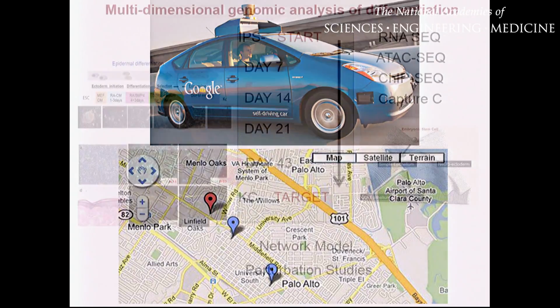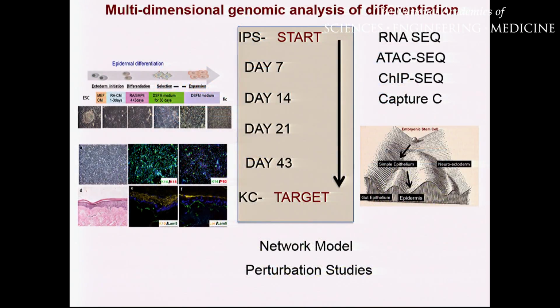so what we're doing now is using multigenomic genetics analysis, RNA-seq, ATAC-seq, ChIP-seq, Capture-seq, to understand how every single base pair is folding in these cells from start to finish, to then have in-process biomarkers that are relevant to the differentiation product to manufacture them. This is so that we know where we are in terms of the Google map, you know where you are in the world.